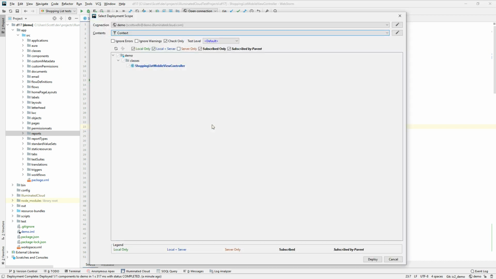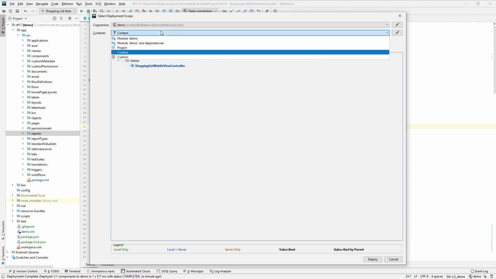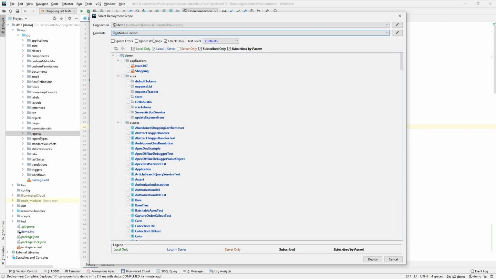It's the dialog that's displayed whenever you start a bulk deployment operation, whenever you try to retrieve metadata or delete metadata from an organization. There are different variations on it depending upon the operation, but in general, this is the dialog that is displayed. You may choose to work with the entire project or module. You may choose to work with a custom selection. You may choose to work with contextually inferred selection. But however it may be, it allows you to very selectively determine the subset of metadata for which you want